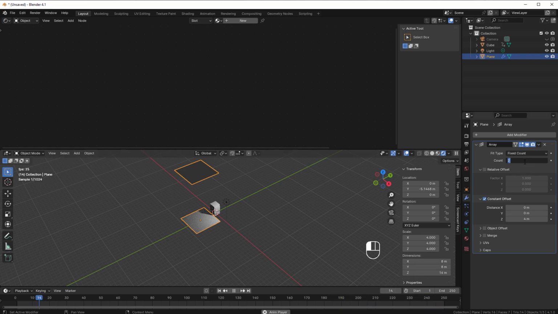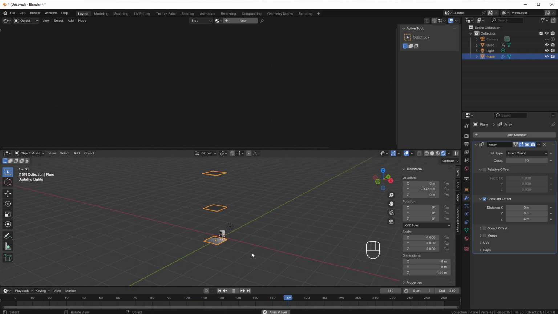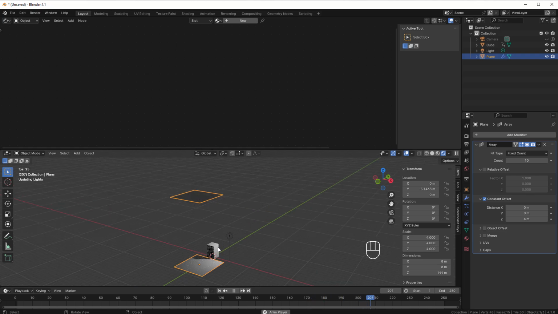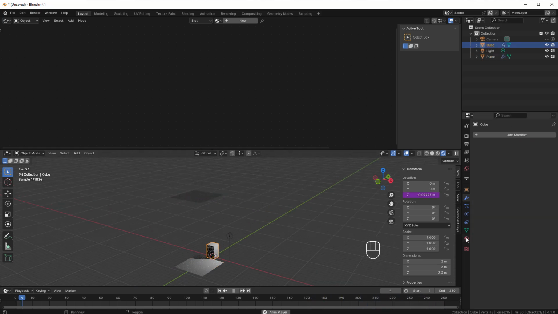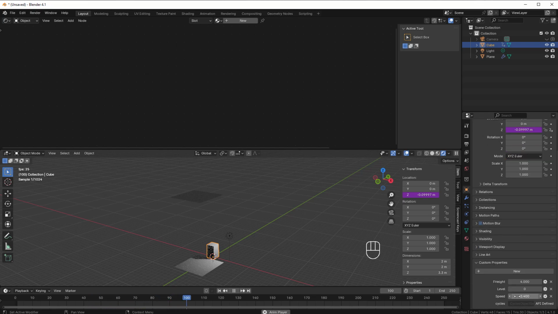So we need 10 of those, I think. Now we have everything. So if I now go back to my elevator, pressing the elevator here, go to the object, then we should have the custom properties. And if I go to 1 here,